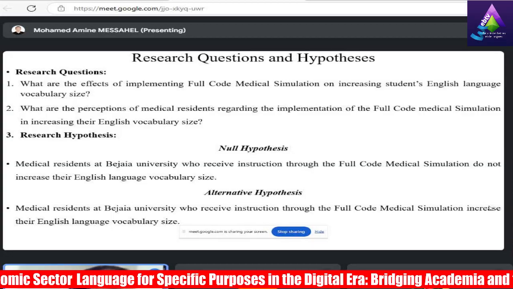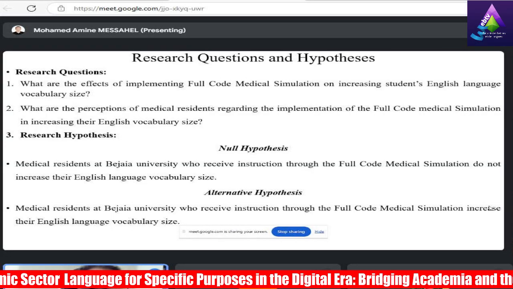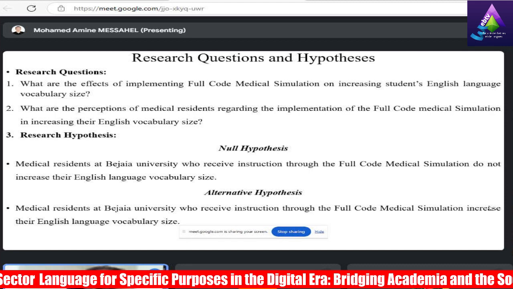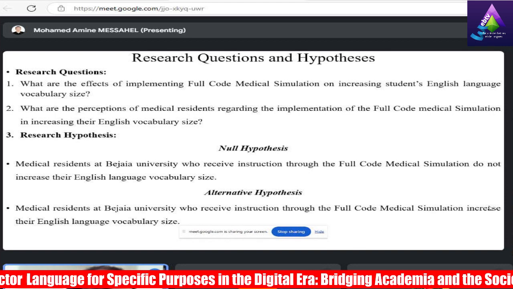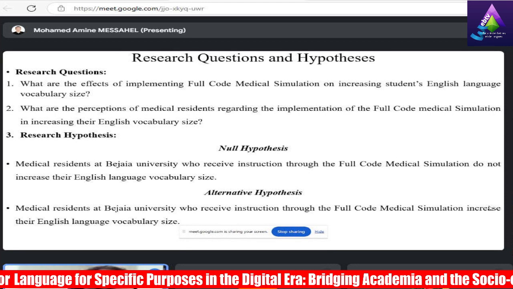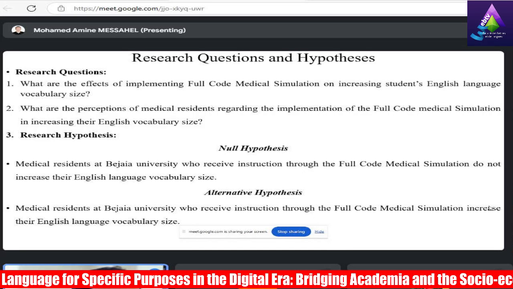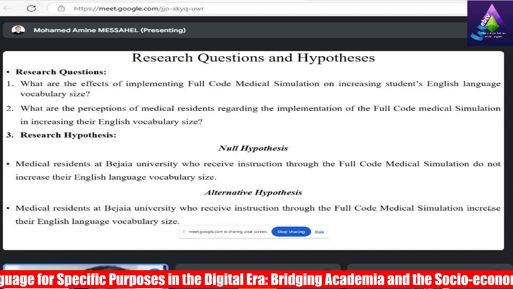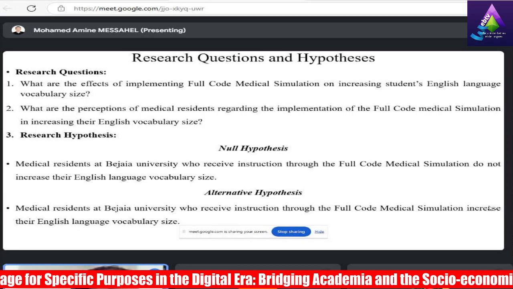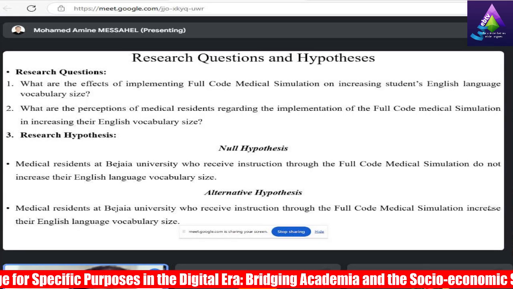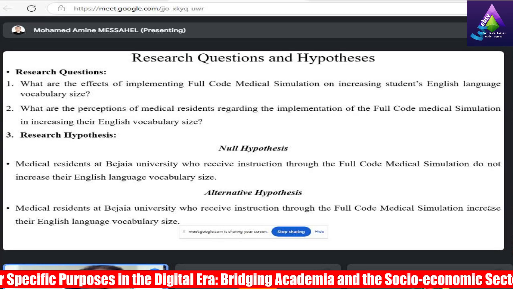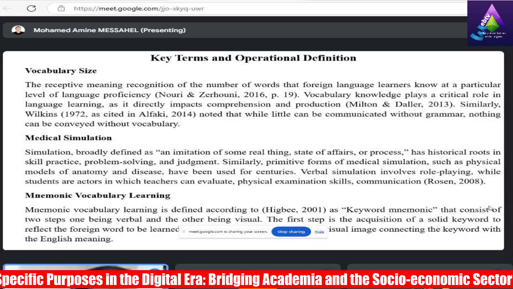As such, we ask: what are the effects of implementing the full code medical simulation on increasing students' vocabulary size, and what are the perceptions of these residents regarding its implementation? We hypothesize, as a null hypothesis, that medical residents who receive such treatment do not increase their vocabulary size. The alternative is that they will increase their vocabulary size through the full code medical simulation. So vocabulary size, what do we mean by it?